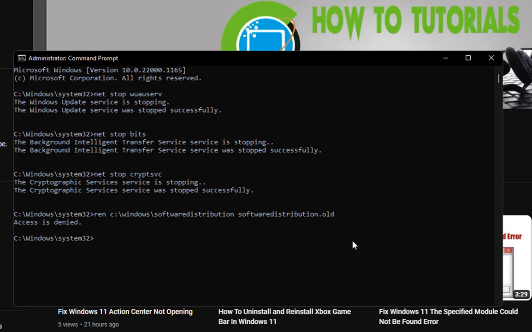After that type the command ren C:\Windows\System32\catroot2 catroot2.old